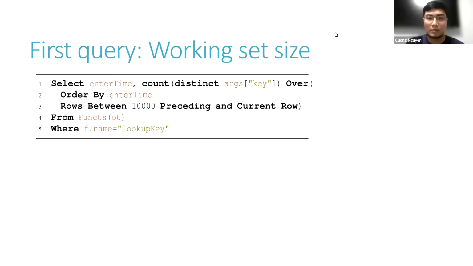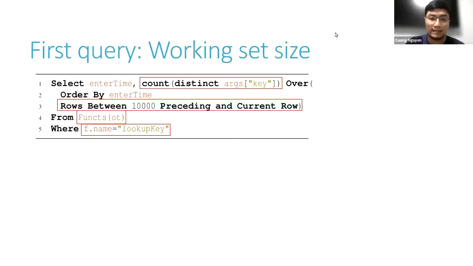To answer this question, the developer wrote this SQL query. What this query is doing is it looks at the funcs view and creates a sliding window of 10,000 consecutive calls to the lookupKey function, and then counts the number of distinct keys, which is the argument to the lookupKey function,